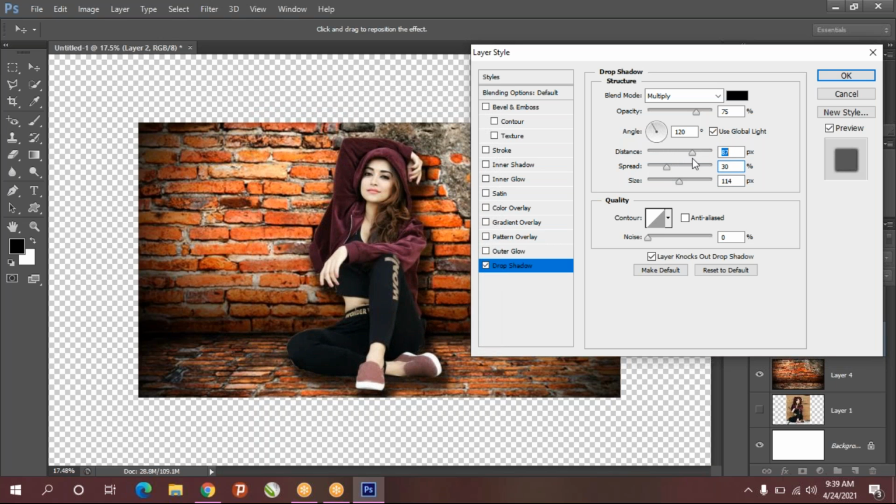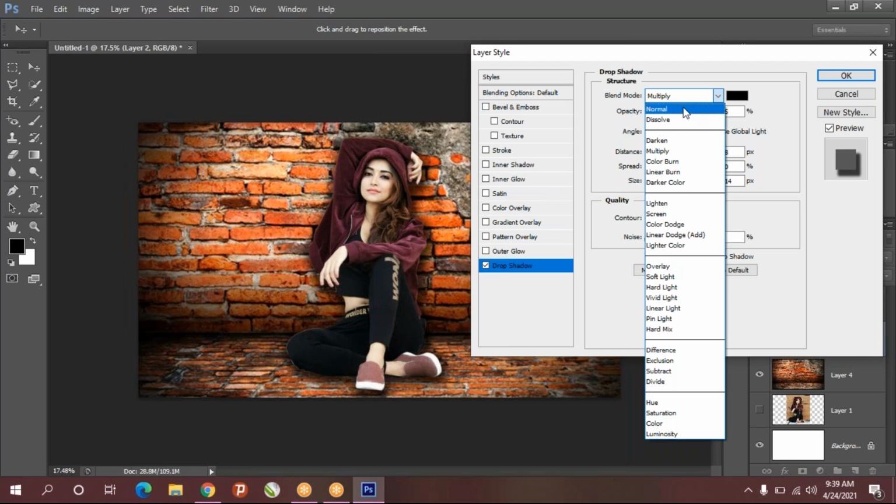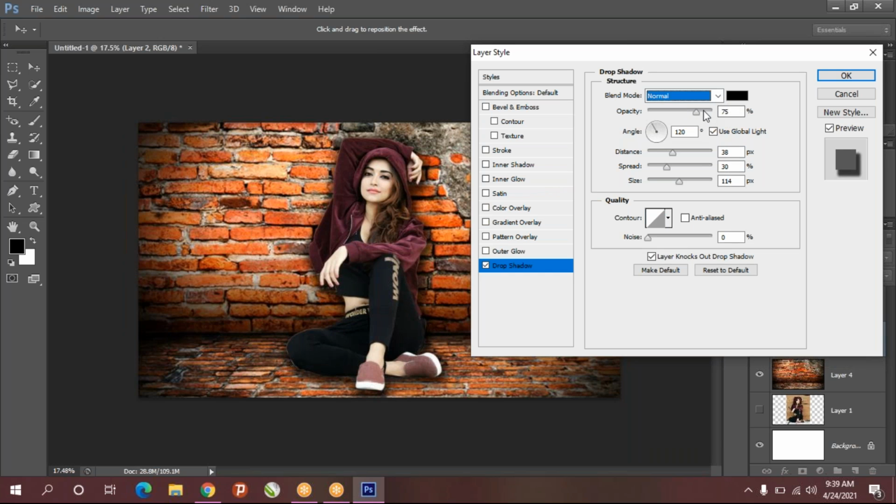So distance, how much you want you can give, and shadow I'll give as normal. I don't want multiply. Opacity I'll give 100%, and the shadow direction you can make it which direction you want.